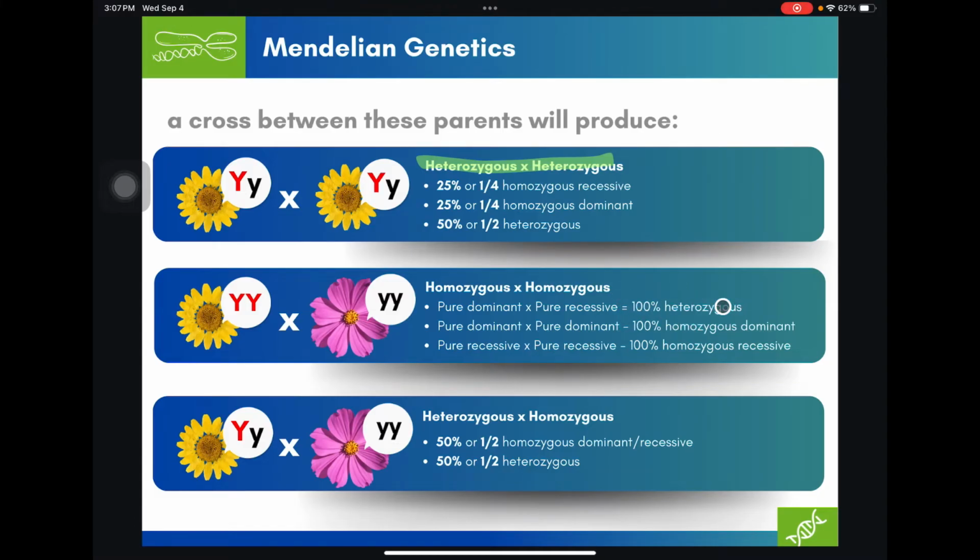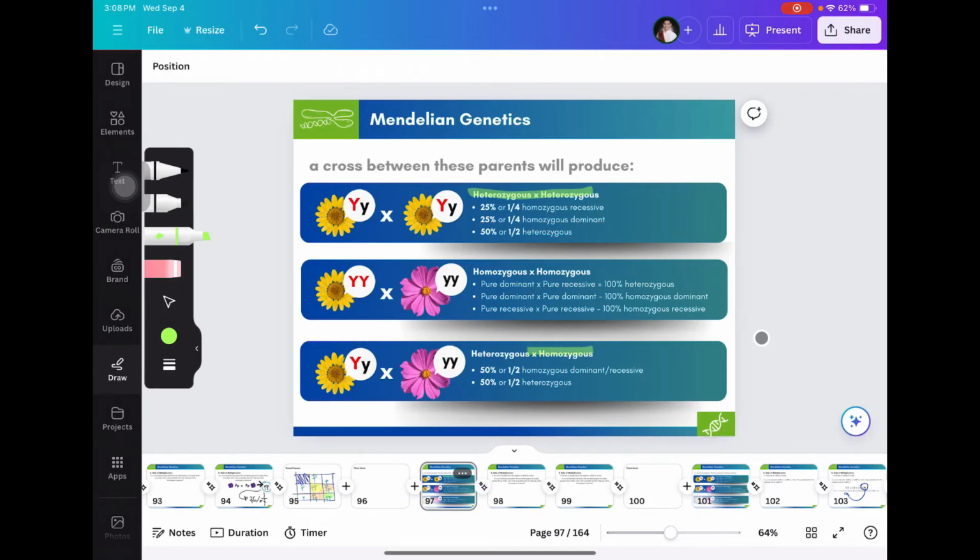On the other hand, we have pure dominant and pure dominant. Of course, our offspring will be 100% homozygous dominant. But if it's pure recessive and pure recessive, our offspring will also be 100% homozygous recessive. However, in the cross between heterozygous and homozygous, in this one,